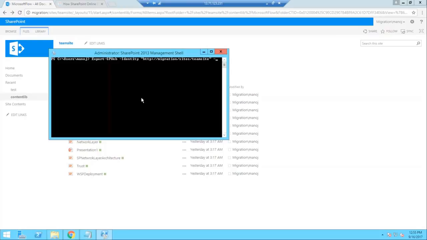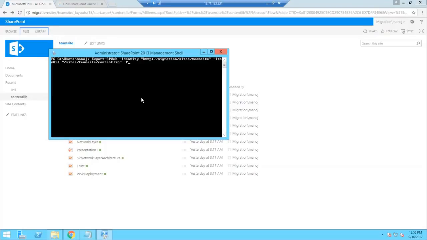Now, to work at the item level, the URL needs to say which library I'm going to work on. So for the item URL we need to give the relative path: the sites, the team site, and then my document library name, content lib.